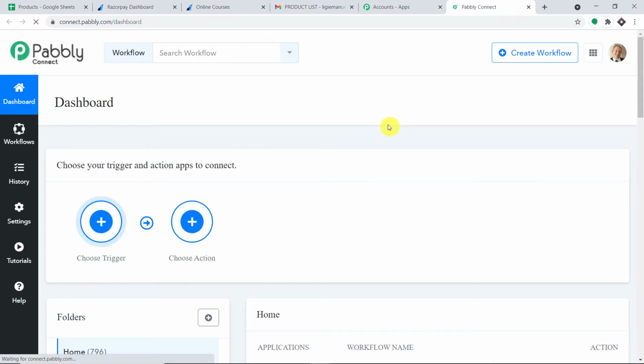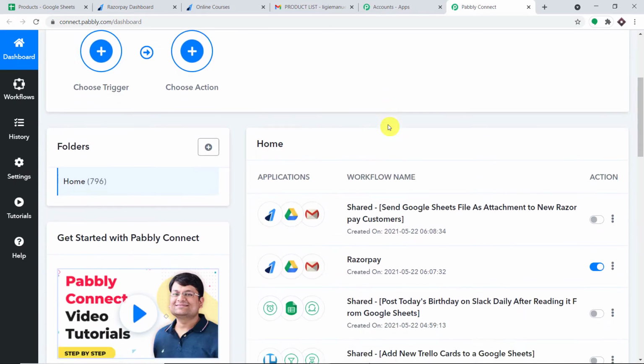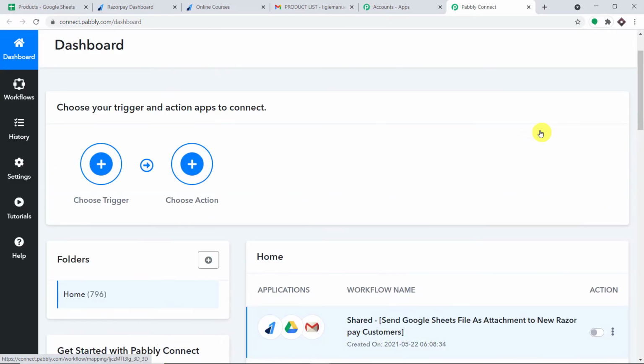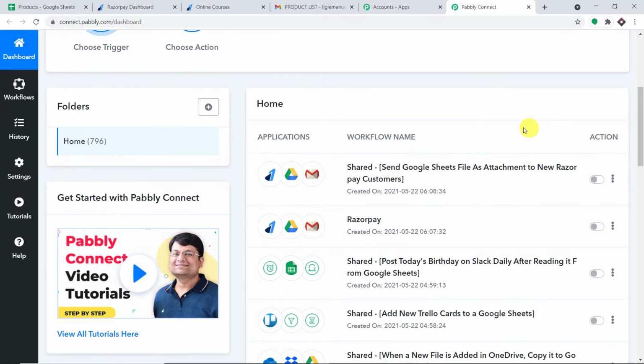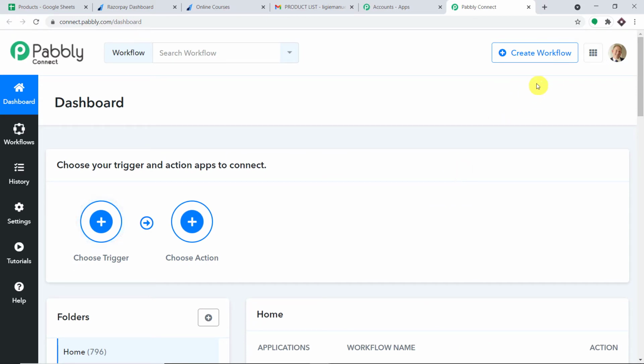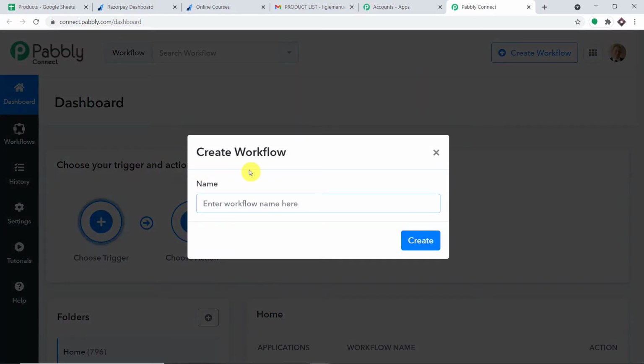We are going to create a new workflow to integrate Razorpay, Google Drive, and Gmail. Before I do that, there is something I have to do. As you can see, I have already integrated Razorpay, Google Drive, and Gmail. Now I'm going to shut off this workflow. The reason I'm switching it off is because we are going to create a new workflow, and this old workflow running in parallel would cause duplication of results. To avoid the same email being given to a person twice, I have switched off this workflow. It is actually none of your concern because we are going to start from scratch by clicking on create workflow.